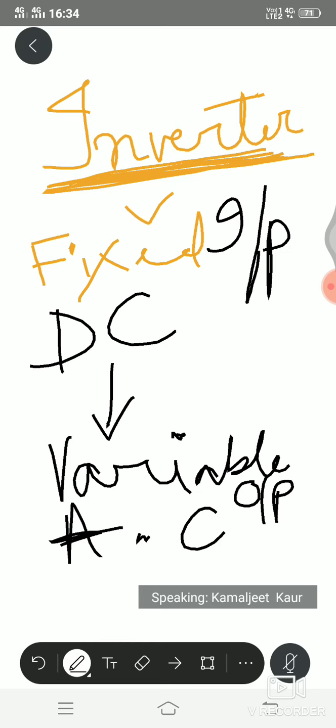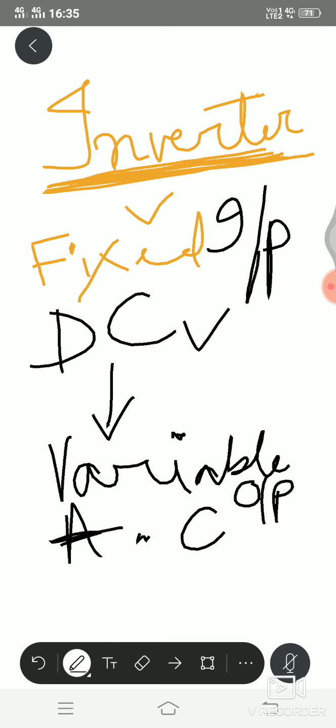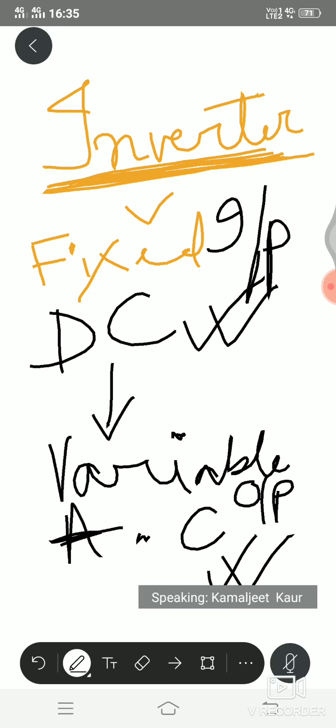On your inverter, in the bottom you will find a battery, and on the top there is a rectangular box kind of thing. That is basically the inverter. It converts the DC which is charged in the battery to AC. So it is the role of the inverter to convert fixed input DC voltage to variable output AC voltage, and during a power failure that inverter will supply AC to all the home appliances which you have connected with the inverter, right? So have all of you understood the role of the inverter?